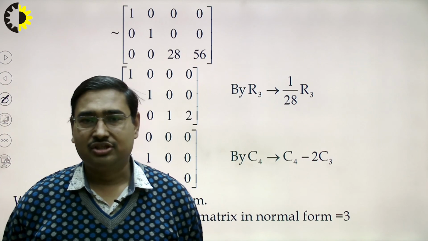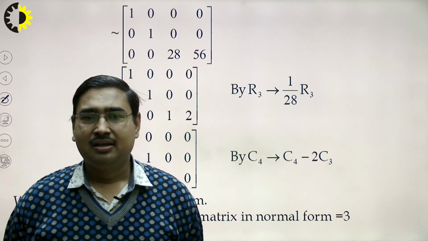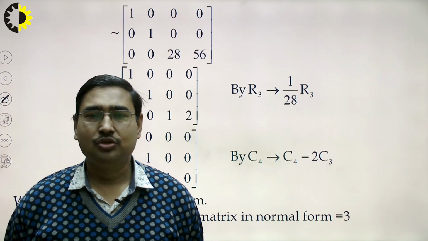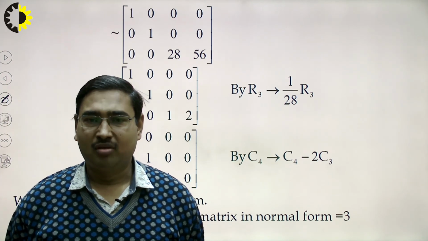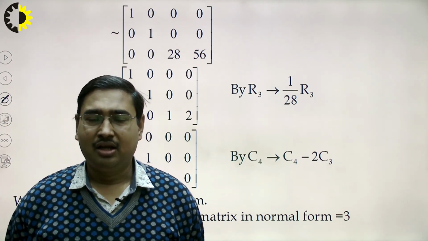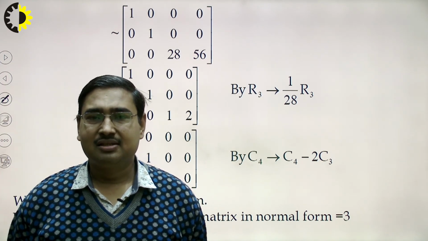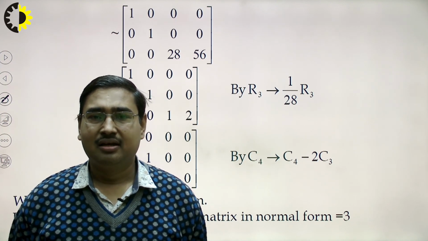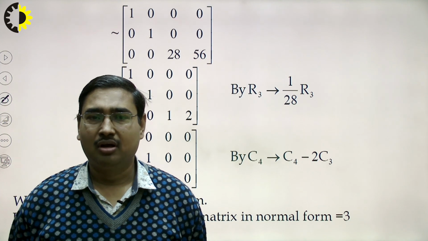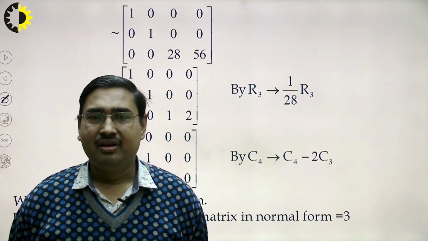Thus, in this lecture we have seen what the rank of a matrix is. We have also seen how we can find the rank of a matrix using the definition of rank. Then we have learnt the method of normal form to find the rank of a matrix. Now in the coming video we will be discussing the next method of finding rank, in which we will discuss the reduction of a matrix to echelon form or row echelon form, and then we will be able to learn how to find the rank of a matrix in even shorter work.